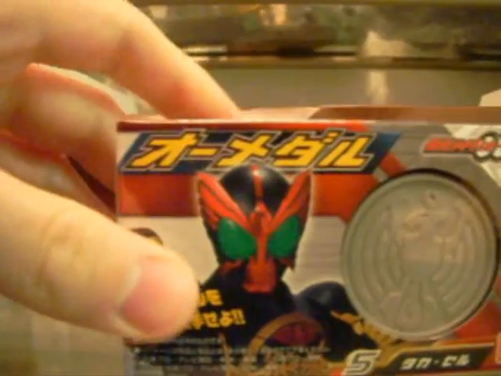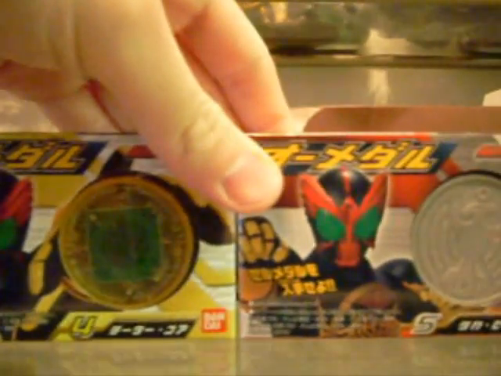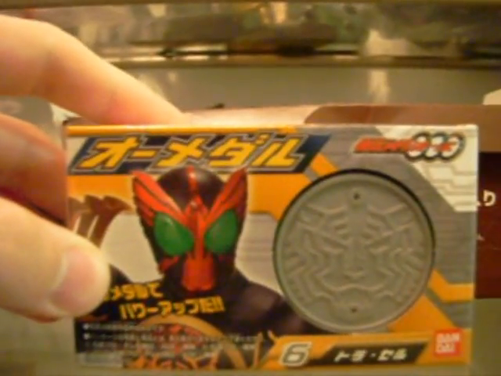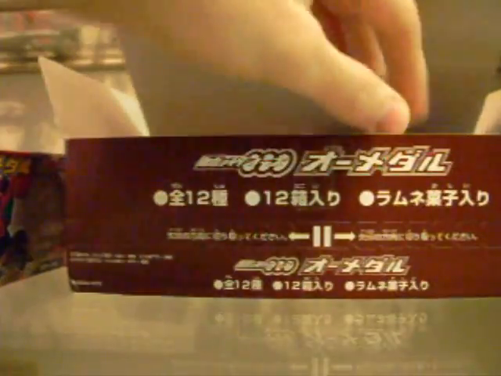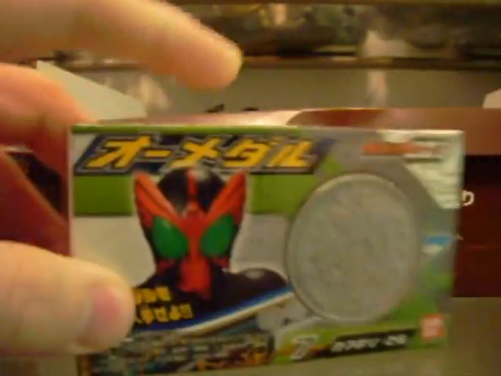And then we have the Taka Cell Metal, which has gray but then some red on it, so I guess they're still kind of going for the red for Taka, but looks like, yeah, the picture is a little bit different for the core metals. Not that it's that big a deal, but just figured I'd mention. And then we have Tora, Cell Metal, Kamakiri, Kuwagata,